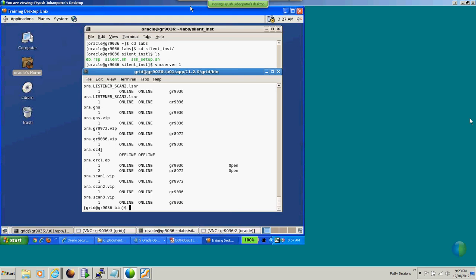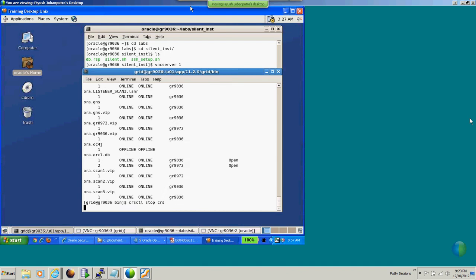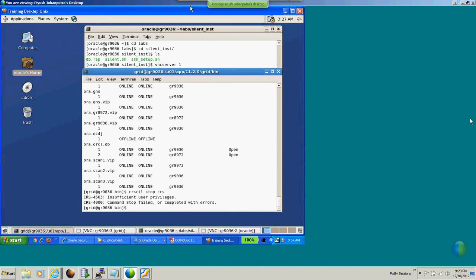Now if you try to fire the command crsctl stop crs, does it work? No. It says insufficient user privileges, because you have to have root privilege. But if I say crsctl